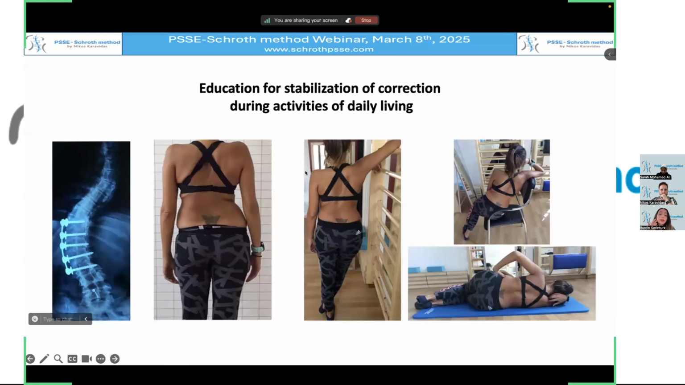And this is the example for stabilization. You can see the patient with spinal fusion surgery, and she's still out of balance. Her pelvis, as you can see, shifted to the right side and her trunk shifted to the left side. But I want to give you this example because maybe this is helpful for you, you can understand better how we teach our patients,